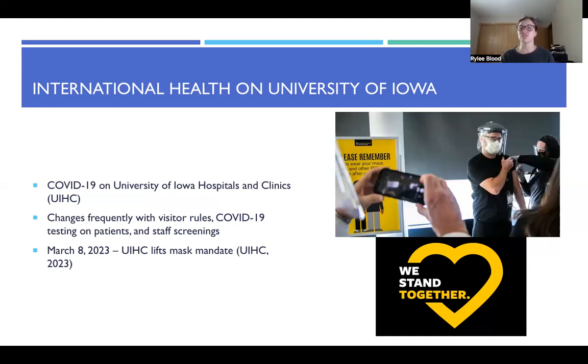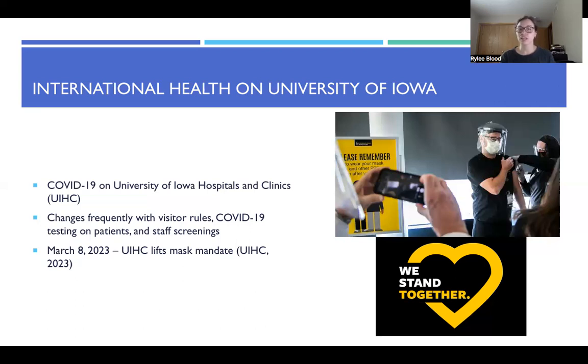Their policies change very rapidly. But like I said, if the state did not have a specific law at the time, so for example, when Governor Kim Reynolds lifted all of the emergency mandates from COVID-19 in March of 2022, the University of Iowa continued to mandate masks within the hospital at all times. There was a point where they did take it off. If you were within an office and not in direct patient care, you could take off your mask. But like I said, that was pretty fluid, and the mask mandate essentially